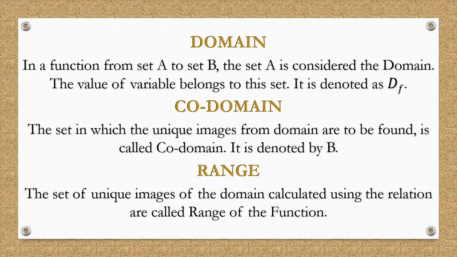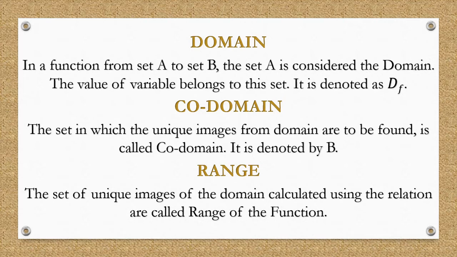That means when I take the values of x, values of A, and put it into the equation, the set of values which I get as answers, okay, if I put 1 2 3 4 5 into the relationship x square, so 1 square is 1, 2 square 4, 3 square 9, 4 square 16, 5 square 25. So 1, 4, 9, 16, 25. These values are the range of the function. That means using the function, these are the values which I can get.